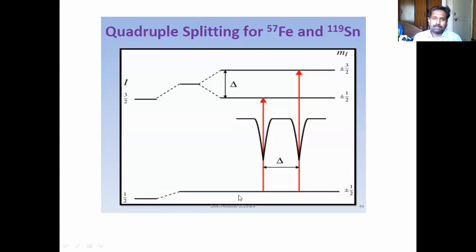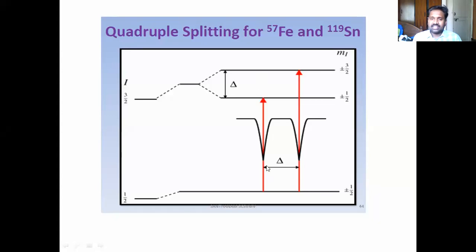So now what happens? If there was no EFG, no interaction, there would have been only one line in the spectrum. Even with isomer shift, there is still one line. Isomer shift doesn't cause splitting. It only causes displacement in the position of the line. Whereas because of splitting due to EFG,